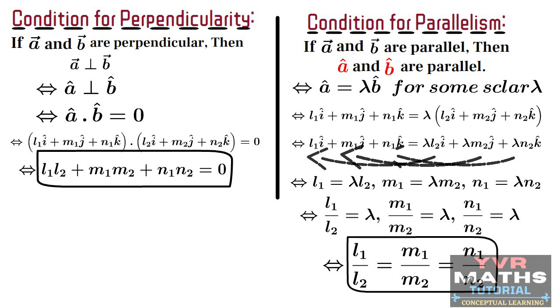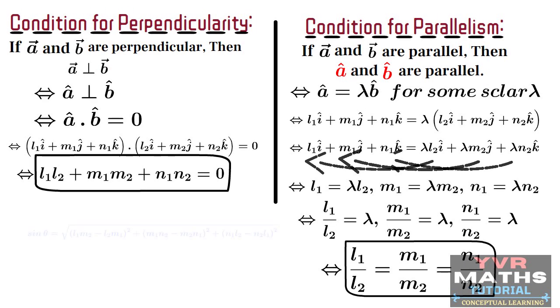From the trigonometric identities, we know that sine square theta plus cos square theta is equal to 1. From that, what is sine square theta? Sine square theta is equal to 1 minus cos square theta. You know already what is cos theta. If you substitute that cos theta here and simplify, then we will get the formula for sine theta. So that sine theta formula I am giving here.